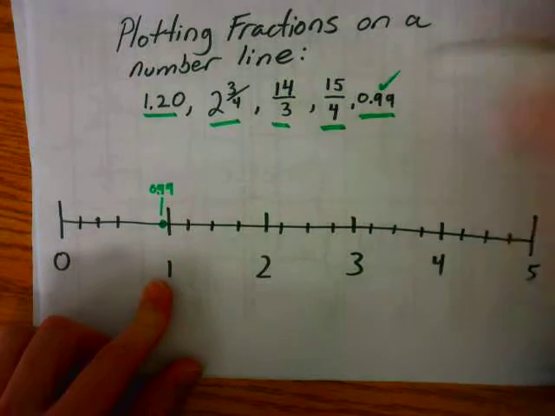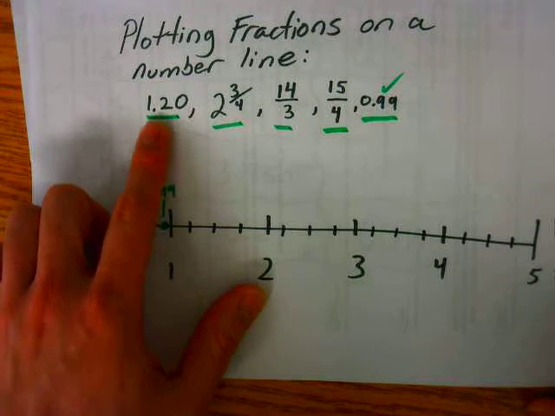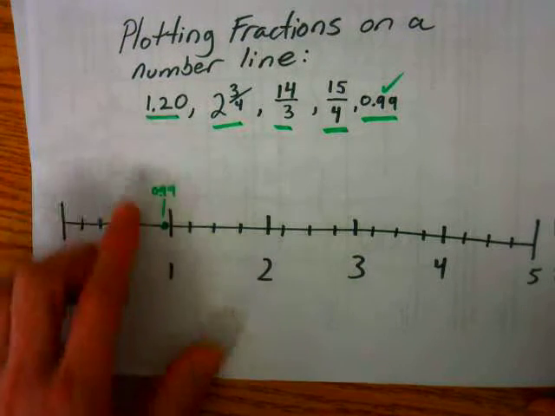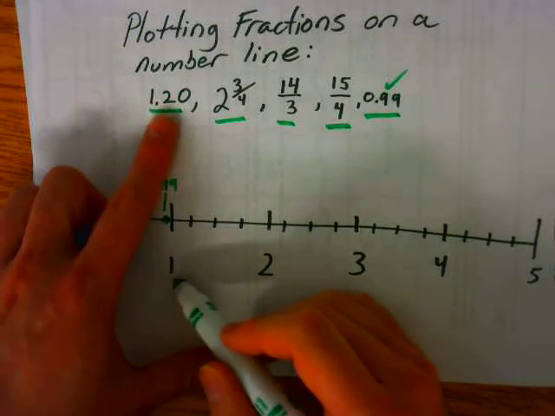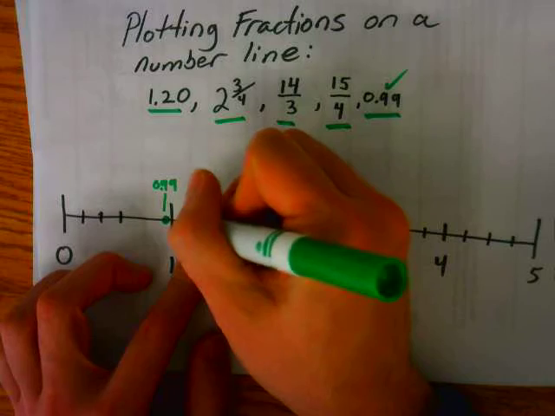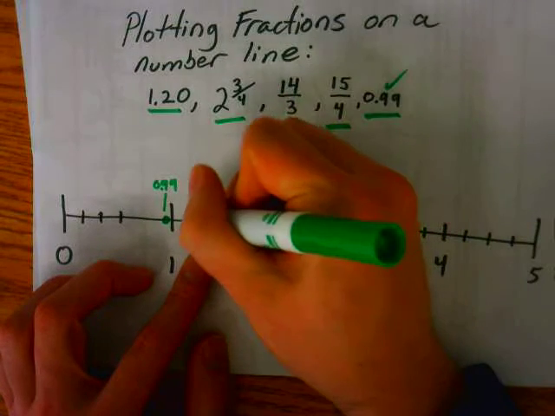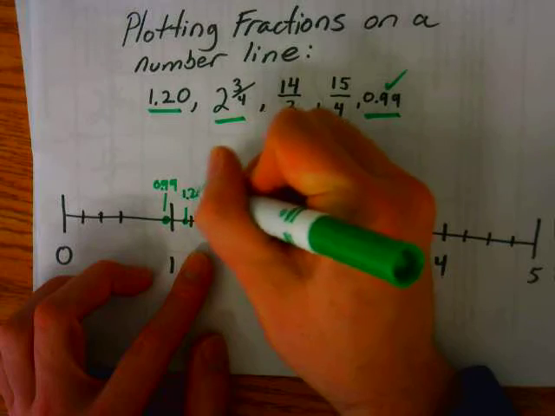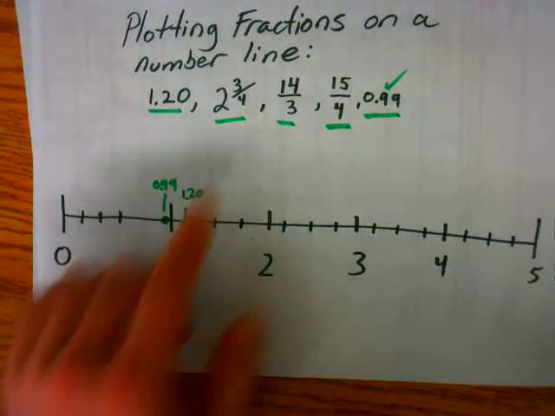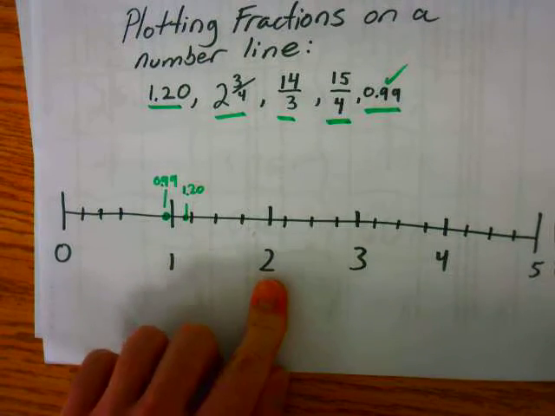So we've got that one done. We also see another whole number with a decimal here, 1.20. Well, we know it's the whole number 1 and it's 0.2, so it's probably going to be somewhere around the quarter mark around here. So I'm going to put another green dot in front of the quarter mark, and that's going to be 1.20. Here we have 2 3/4, so I have a mixed fraction of 2 wholes and then